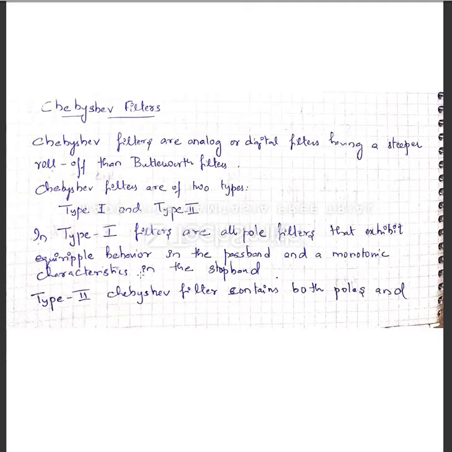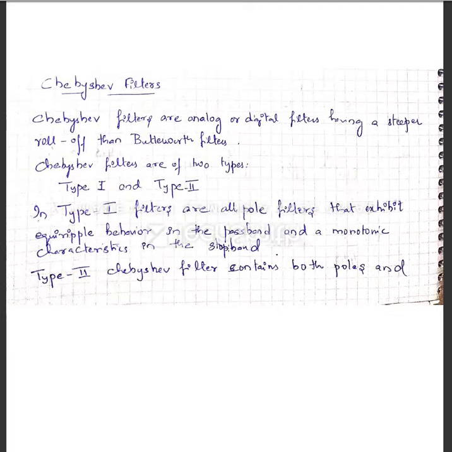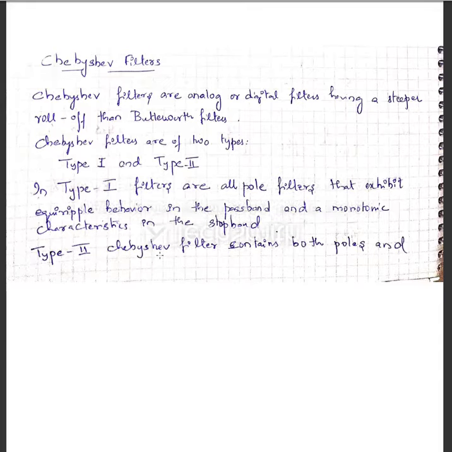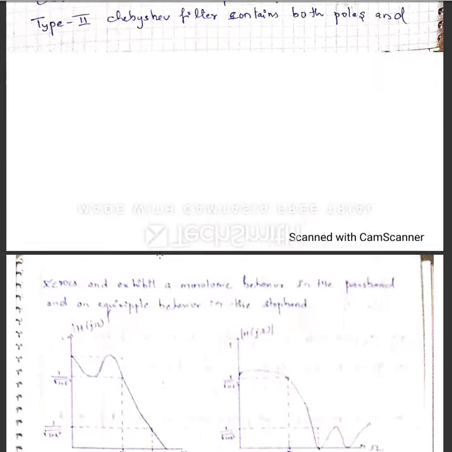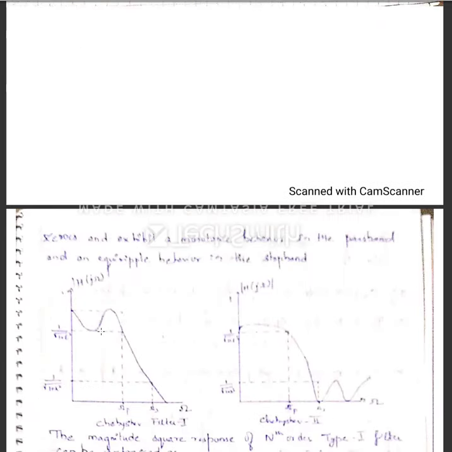In type 1, the poles that you have will have an equiripple behavior in the pass band and monotonic characteristics in the stop band. What does equiripple mean? Ripples of the same height. So the type 1 Chebyshev filter will have ripples of the same height in the pass band, and they will have a